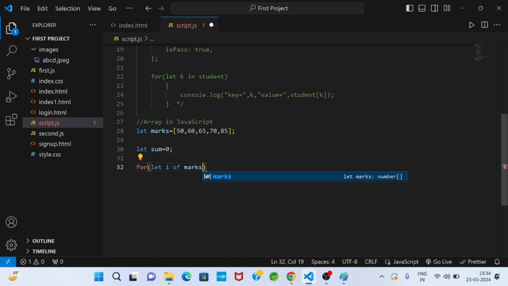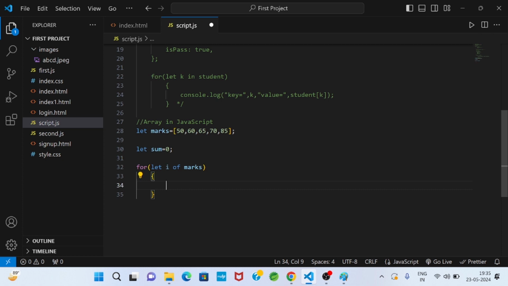The sequence may be an array or a string value. So I wrote let i of marks. That means each value of marks will come to i: 50 will come to i, 60 will come to i, 65, 70, and 85 will come to i.